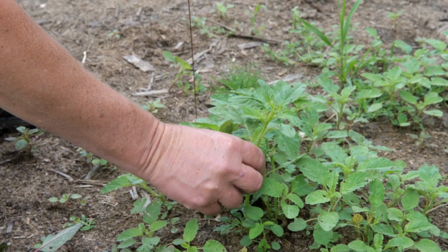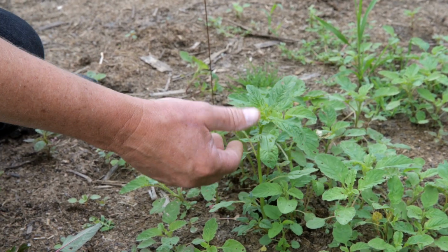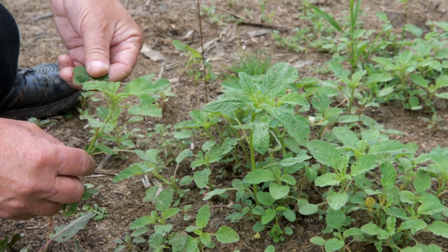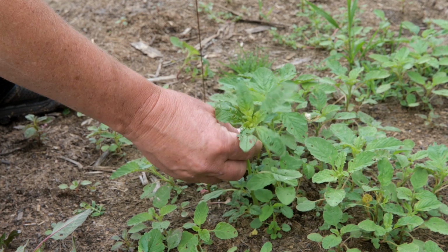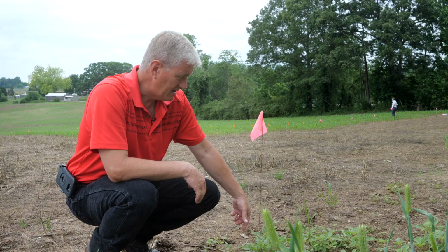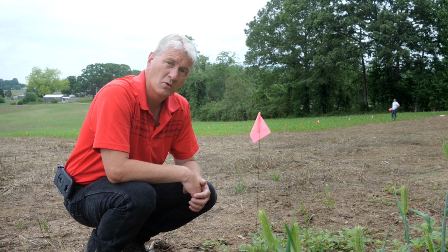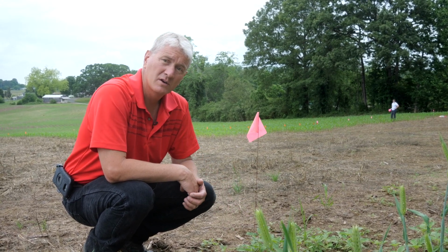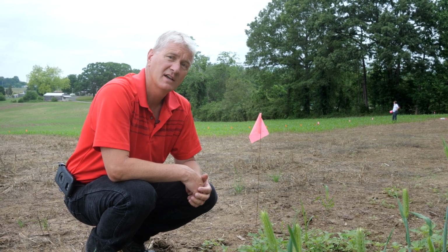We do have a water hemp population across the river in Surrey. I'm hoping that's not a water hemp, because these two, palmer and water hemp both, have much more resistance than anything else that we're fighting with around here. So I've got this thing flagged so I can watch it through the course of the year, let it get a little bit more size. But right now I'm afraid that might be a water hemp, and I don't want to see that water hemp